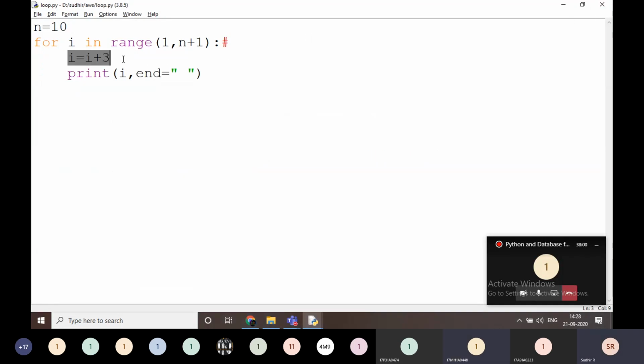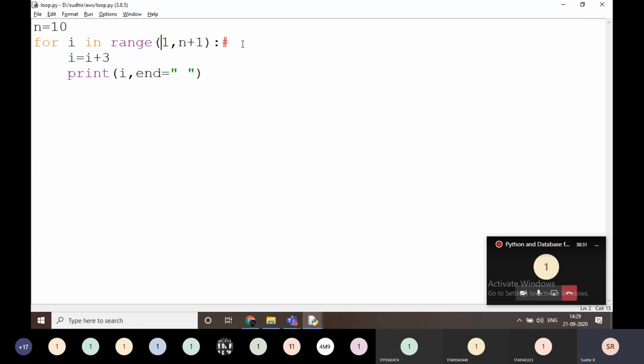If I modify the i value, that modified i value is only up to this for loop body. When it goes to the condition again, it is replaced with the next value. The previous i value is 1, so the next value is replaced with 2 again. If 2 is modified to 5 here and 5 is printed, then again it goes to the condition, and the next value is 3. Like that it is working.